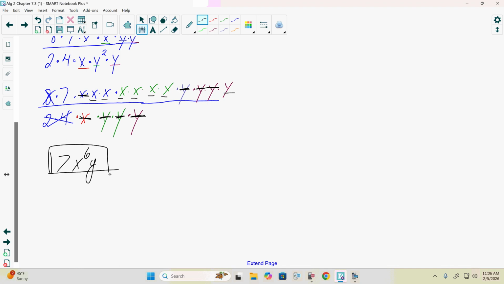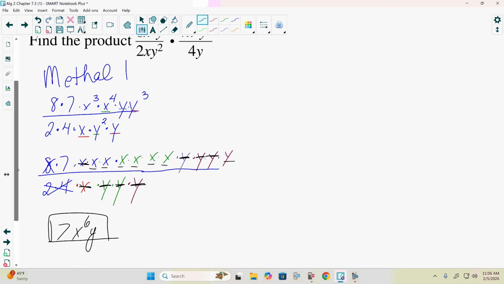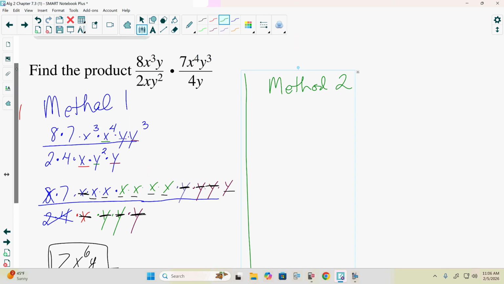We get method 1, yes? Would we all agree that method 1 is tedious? It's writing out a whole lot. Let's look at method 2, another method for this. Method 2. So we've done fractions, we've done multiplying terms, like terms up to this point. Because when we multiply these two together,